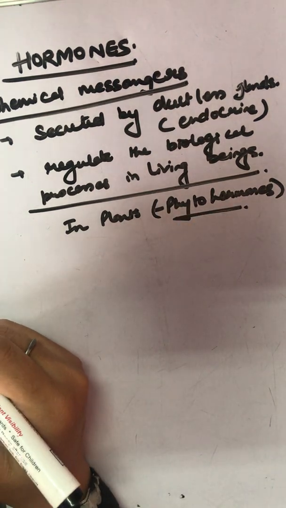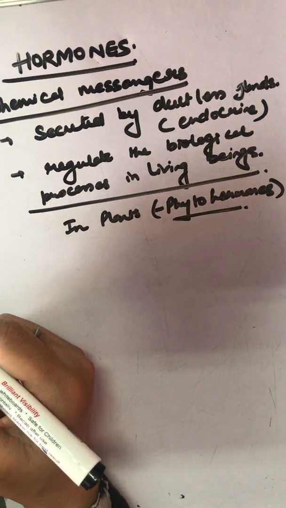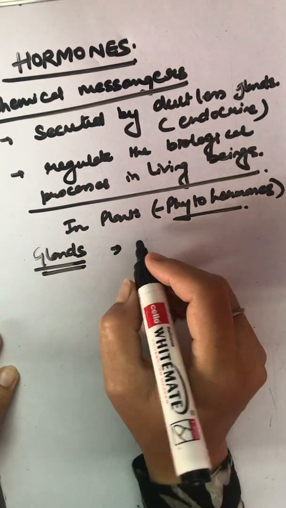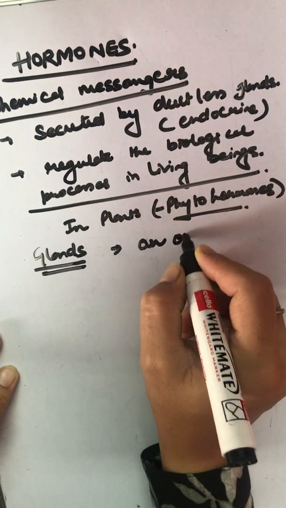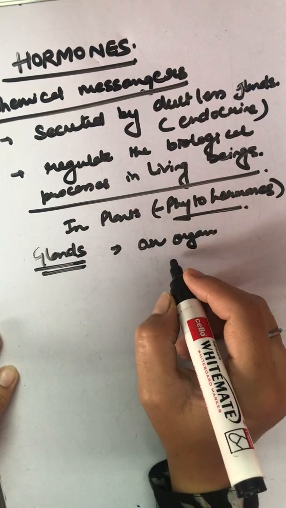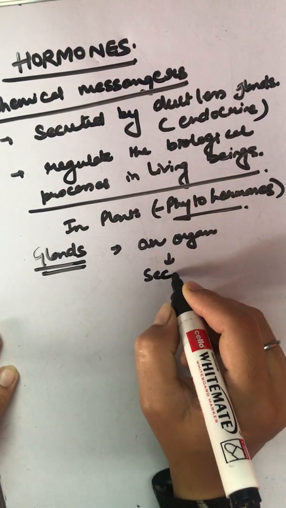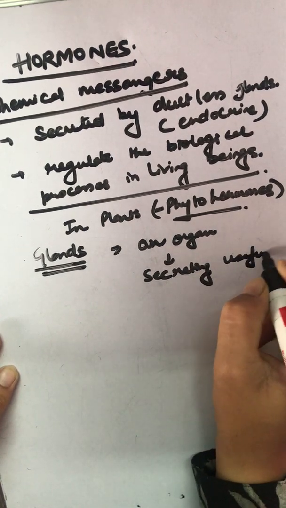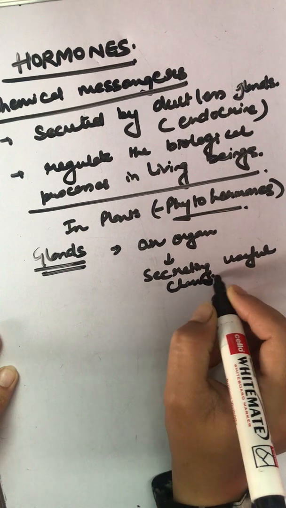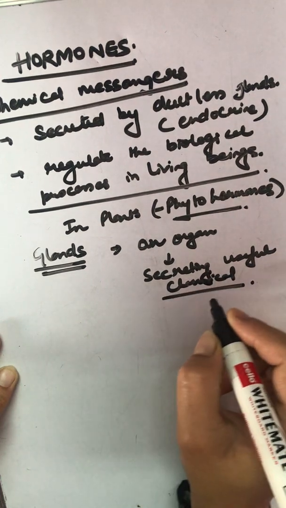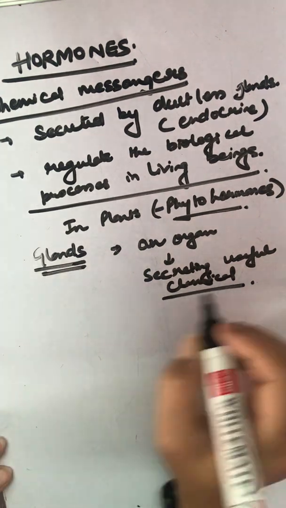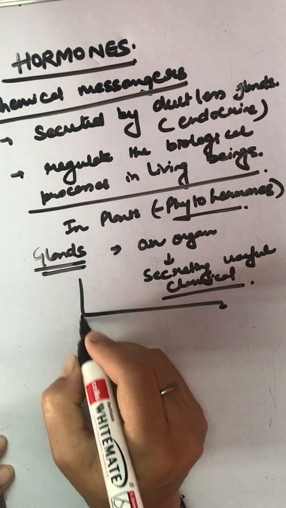Okay, these hormones are basically released by glands. What are glands? An organ which is responsible for secreting certain useful chemicals, and that chemical is responsible for carrying out certain functions in the body. That's why we call it a gland. And glands are of two types: